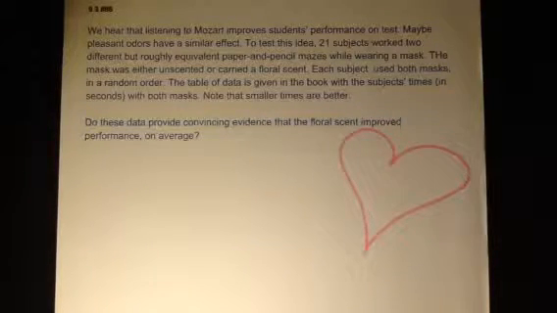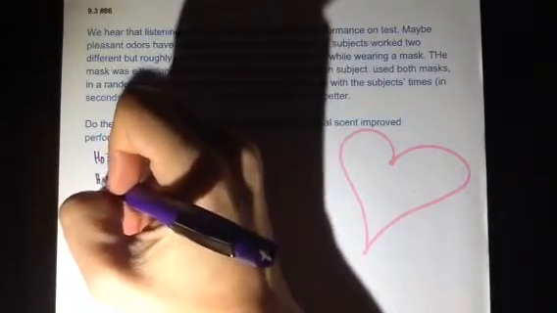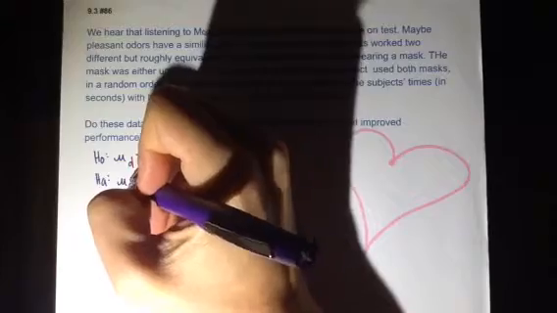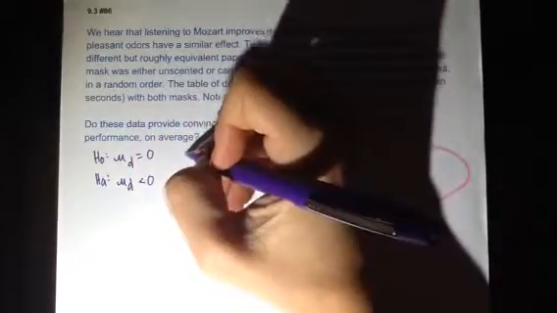So first, again, we're going to start with writing our null and alternative hypotheses. We're looking at if there's convincing evidence that there is a difference between the two scores. If we have the mean score for one and the mean score for the other, and they're equal, that difference should be 0. So we're going to write our null hypothesis to be mu of the difference is equal to 0. Then our alternative hypothesis would be mu of the difference is less than 0, where we're going to define mu